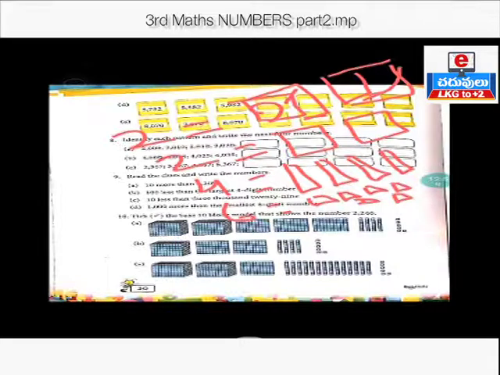So what they asking again? I'll read the question. Take the base 10 block model that shows the number 2246. Which option is this one? 2000 blocks, 200. Here they given 300 flats, no? This is wrong. Next one, here only they given second one. They given only 1 to 1000 only.